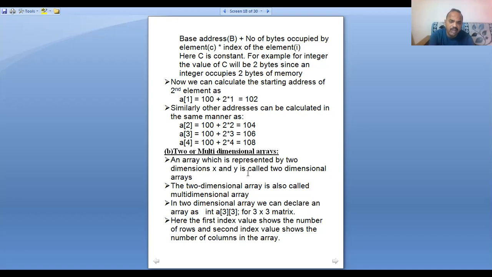For integer, the value of C will be 2 bytes since an integer occupies 2 bytes of memory. Now we can calculate the starting address of the second element A of 1: 100 plus 2 into 1 equal to 102. Similarly, the address of A of 2 is 100 plus 2 into 2, 104, then 106, 108, etc.